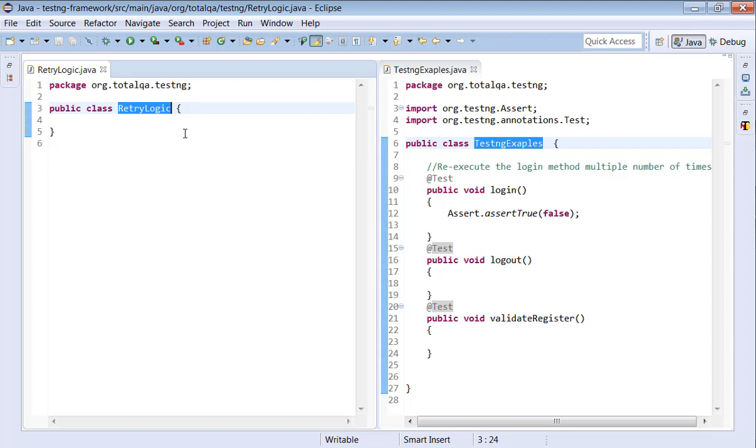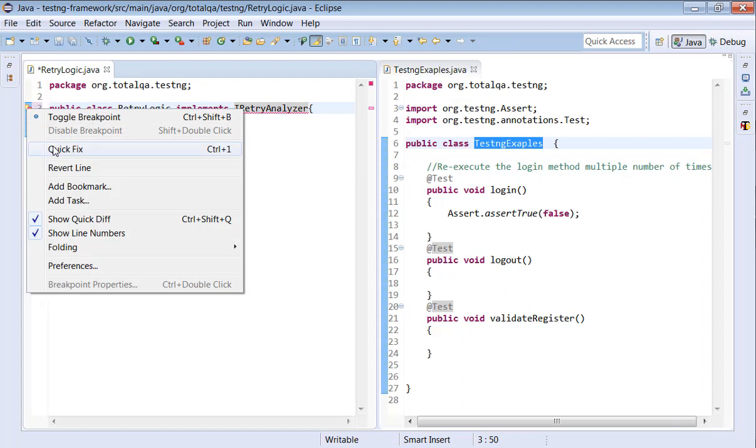In this new program we will implement an interface. Implements is a keyword mainly used in Java to use interfaces and provide implementation for the abstract methods. We're using implements IRetryAnalyzer.